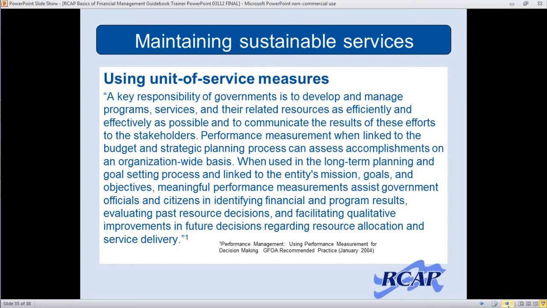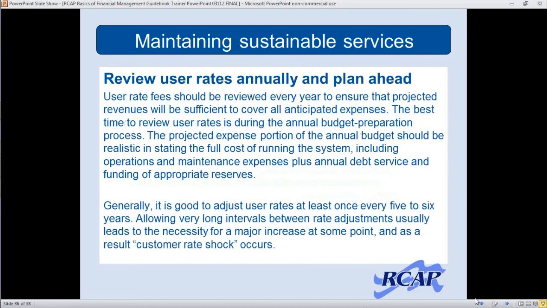You cannot run it into the ground, as I've seen a lot of the smaller utilities out in rural America do, where they've done that in the process. We here at RCAC and RCAP, if you will, pick them up, dust them off, get them sustainable, and move right along. It's very important, moving to the next slide, that we talk about the review of the user rates annually and plan ahead for the things that are